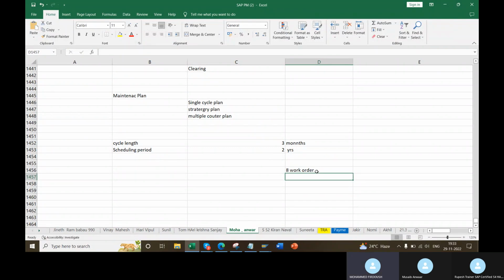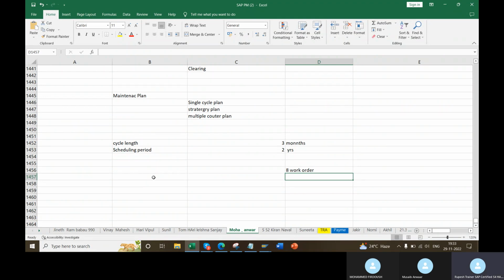Okay, this work order will trigger every 3 months. That is the frequency. Understood? Every 3 months, 10 days, 5 days, 3 years once, 5 years once, whatever you are entering, you can give that too. That's not a matter. We are taking this example as 3 months. Frequency, very good answer. The frequency of your notification or work order generation.